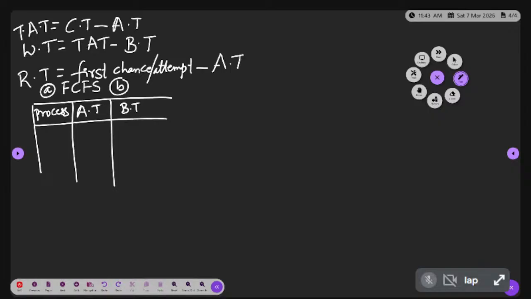Next, B, preemptive SJF, or we can say SRTF. And C,